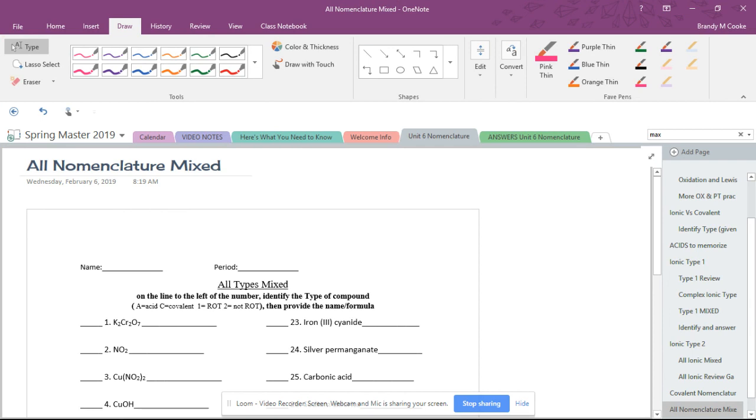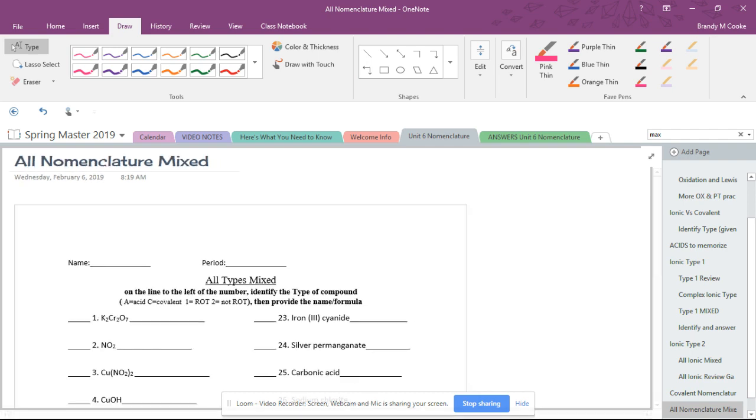Basically how to approach the unit exam, when we have all types of nomenclature all mixed together on one page. I've noticed that even those of you who know exactly what you're doing, who are rock stars, who've gotten A's on all the individual quizzes, you guys are still making mistakes. And it's because I think you're going too fast. You're confident in your individual rules, but when we mix everything together, you really need to take your time and slow down and think about what